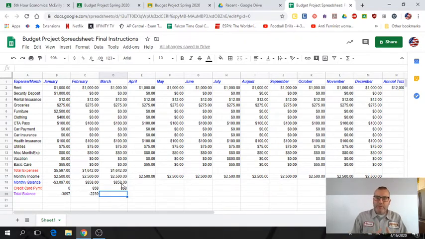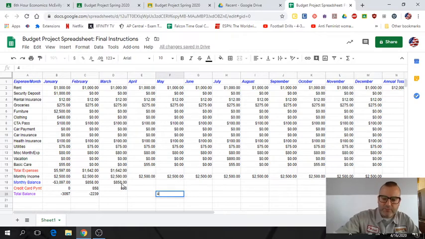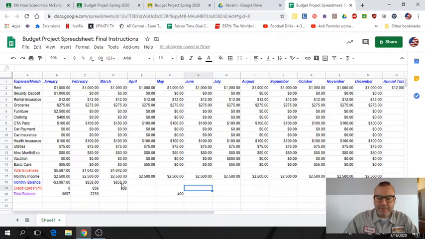So each month, throughout the beginning of the first 5 or 6 months of the year, it'll take many of you about 5 or 6 months to get out of debt. And maybe sometime during this, you'll take a vacation that 6th month and you might go back into debt. The next month, when you have money left over, you make a credit card payment and you get yourself out. At some point, your credit card balance will get into the positive number. So maybe it gets to $400 here in May. And you have a monthly balance the next month of another $800. The next month, now your total balance is up to $1,200.